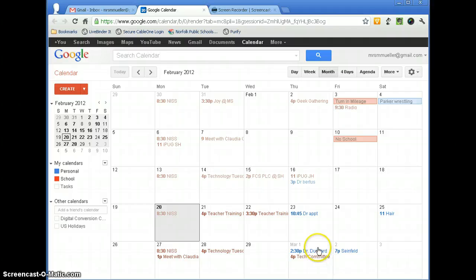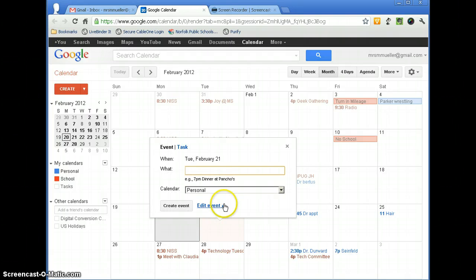So I have an event that I want to add to tomorrow's date. The quick way to do that is to just simply click the spot where you want the event to go. So if I want it to go on the 21st, I'm going to click on the 21st. And at a minimum, you need to put in the time and where it's at. So I'm going to say I have a meeting at 1 p.m. tomorrow,